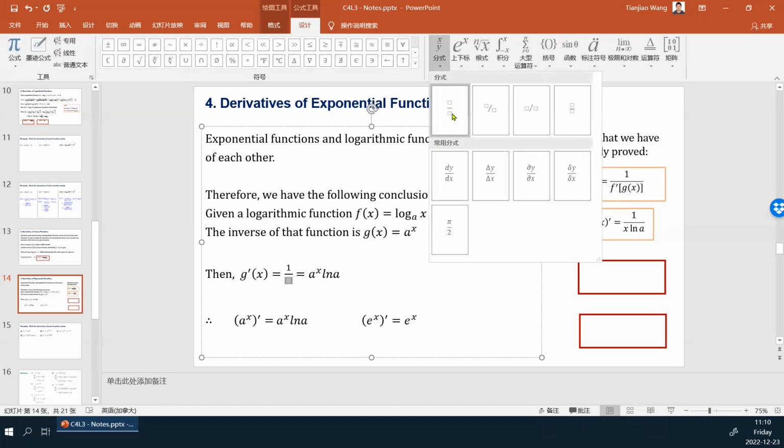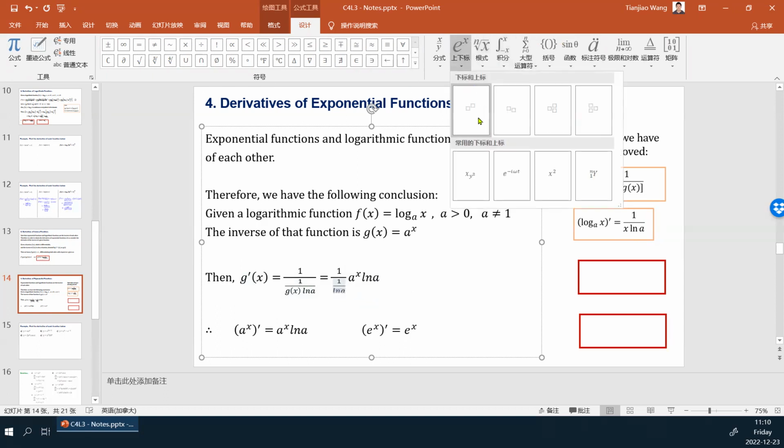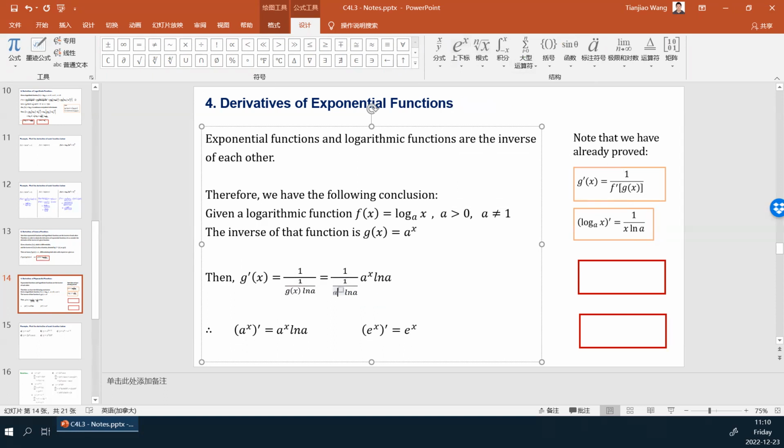This should be a fraction, 1 over g(x) times ln a, but g(x) here is a to the power of x, right? So g(x) times ln a. And then let's substitute. What is your g(x) here? g(x) is a to the power of x, right? So a to the power of x times ln a. Then find its reciprocal, right? So that gives us